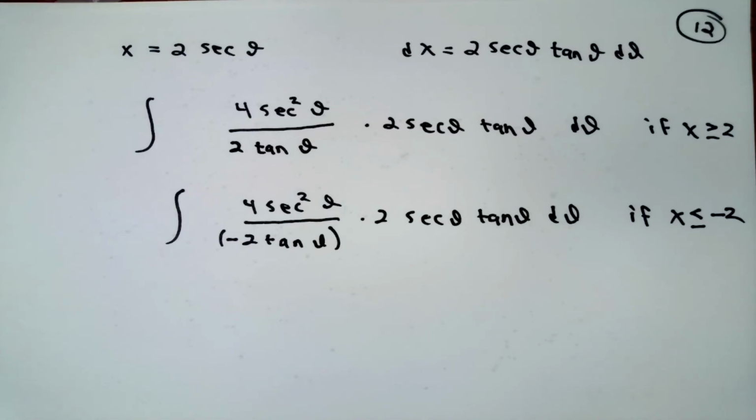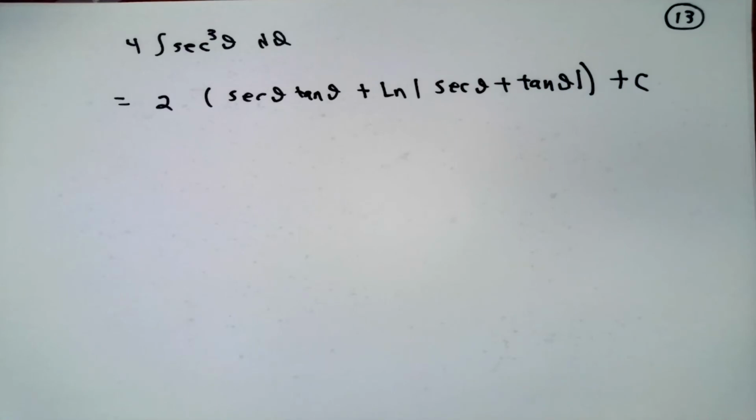These two integrals are the same except for the sign. So in what follows, we'll work out the first integral. At the end, we'll note that that result is good only if x is bigger than or equal to 2, and then put a negative sign on it to get the rest of it. Using a previous result,